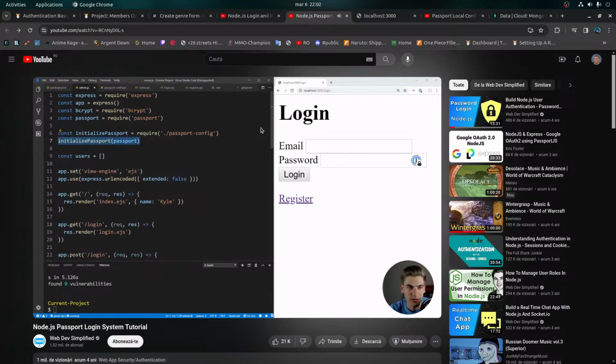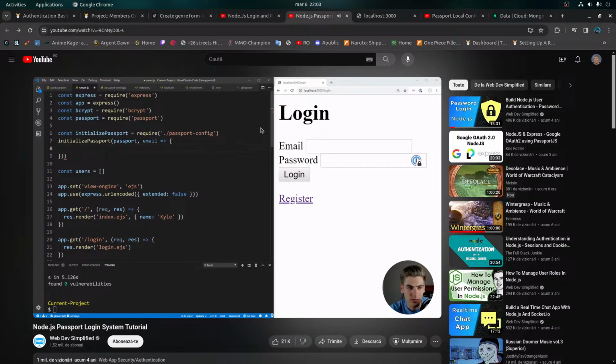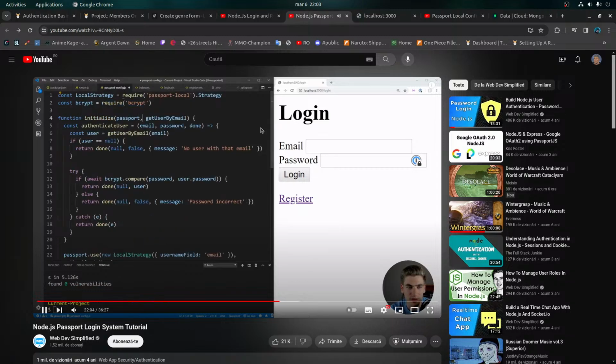So back into our server, inside of our passport, we actually want to pass in that function. It's going to take in an email. So email. And inside of here, what we're going to do is we just want to say users.find, and we want to find where